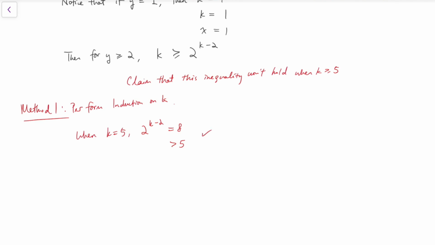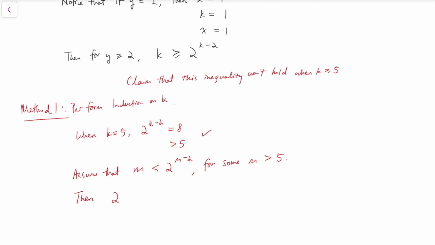So it's a tick. Assume that m is less than 2 to the power m minus 2 for some m larger than 5,